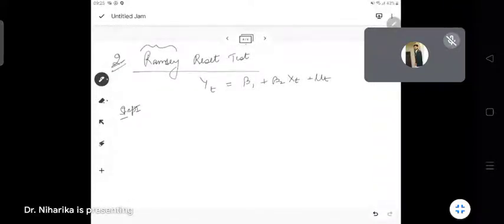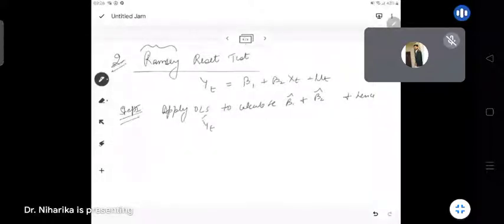Step 1, apply OLS to calculate beta 1 cap and beta 2 cap, and hence y t cap and